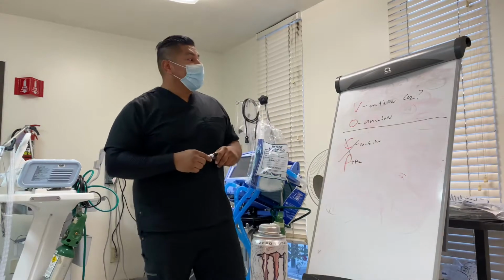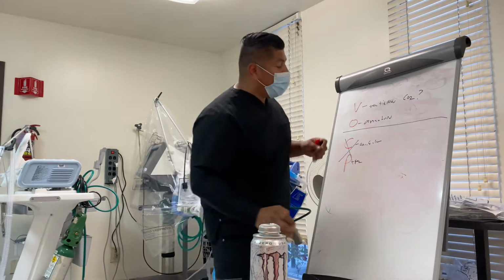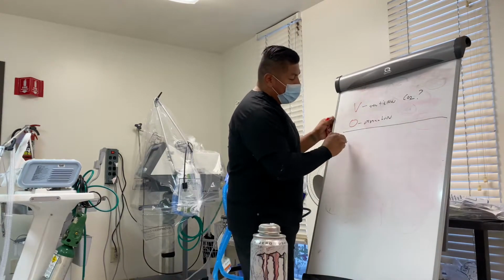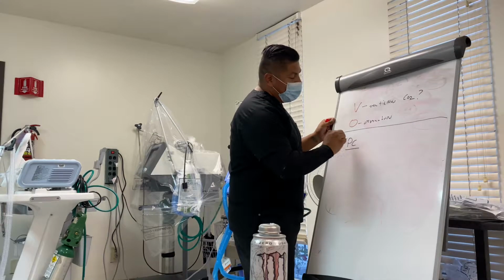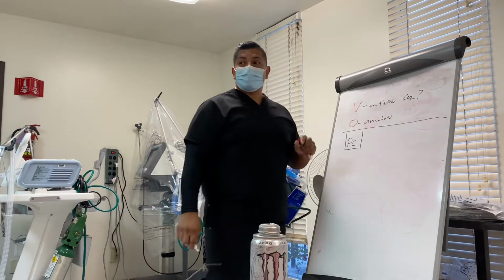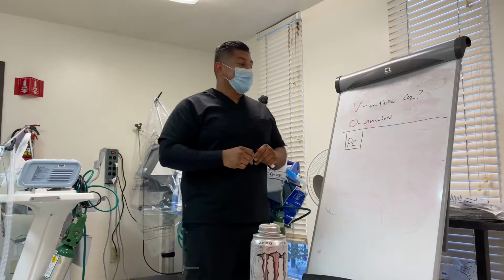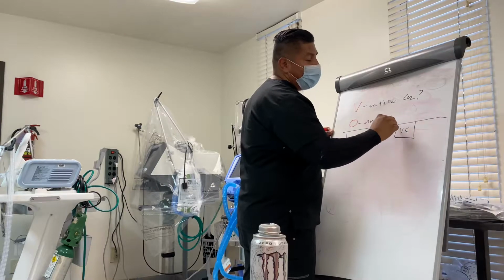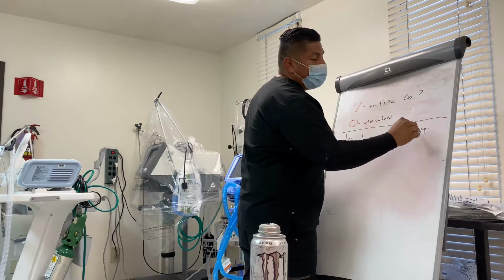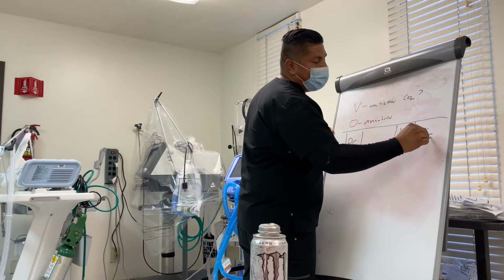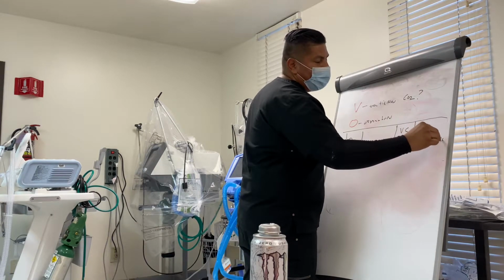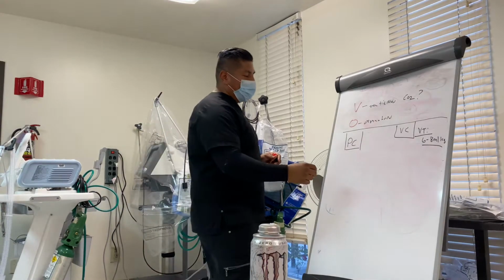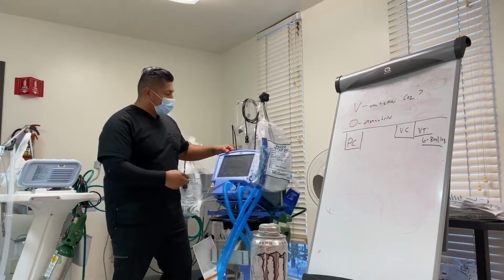So when we are forced into a situation that we don't like pressure control, we have to start thinking outside the box. Okay? Now, typically, when we look at volume control, and I calculate how much tidal volume, they tell you anywhere between 6 to 8 mLs per kilo of ideal body weight would be awesome. But on pressure control, if I change over to pressure control,